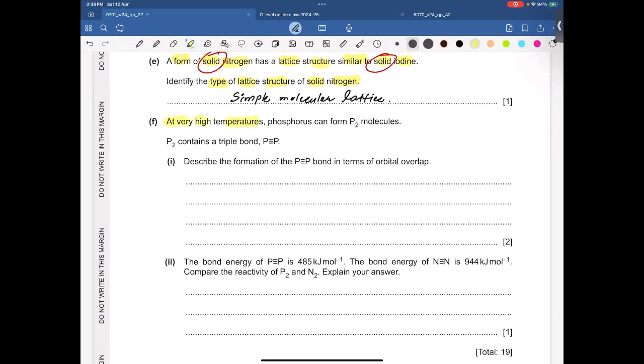At very high temperatures, phosphorus can form the P2 molecule. P2 contains a triple bond like this. Describe the formation of the P2 bond in terms of orbital overlapping. Since it contains a triple bond, this triple bond has 1 sigma and 2 pi bonds. Let me write it here. For P2, contain